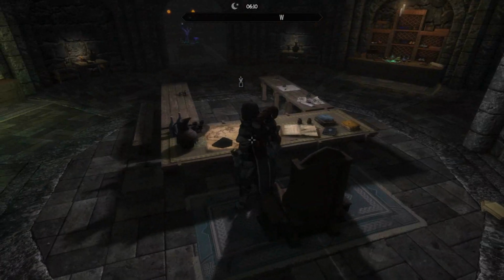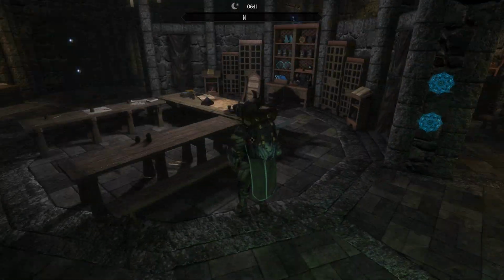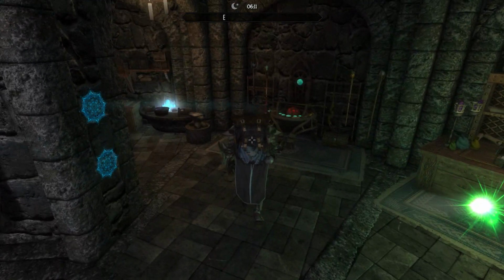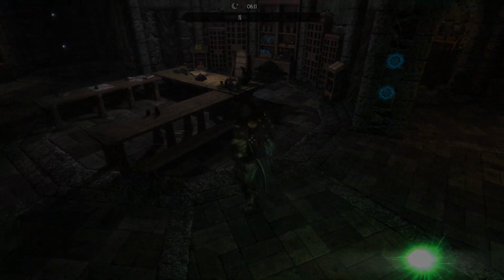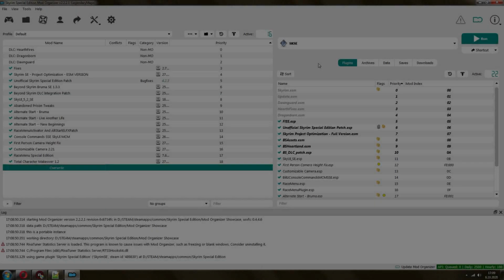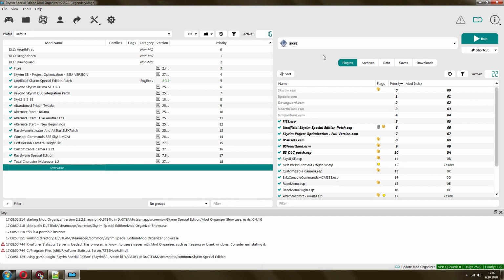So I'm going to try and keep this as short and as simple as possible. Let's go out of the game and I'm going to show you how to enable this real quick. Alright, so here we are in Mod Organizer. That's the mod management utility that I'm using, and if you're a complete beginner, you never modded Skyrim before, then